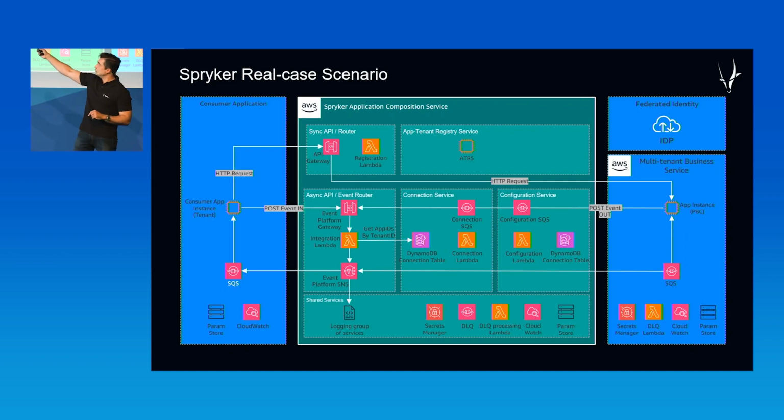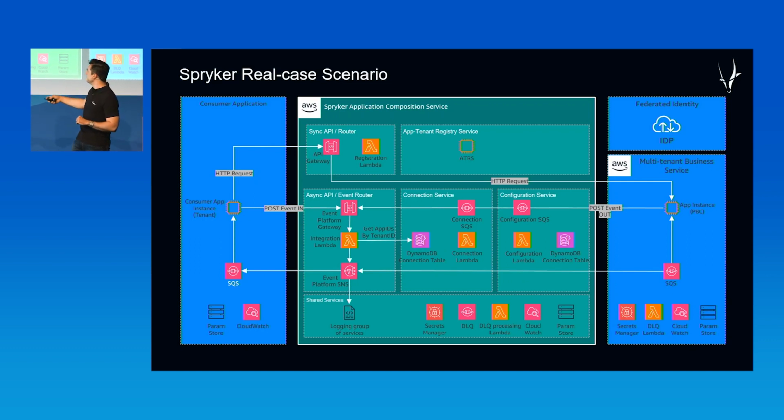So on the left side, you can find the consumer application, a custom application built on top of the composition platform and consuming APIs. On the right side, there is a multi-tenant SaaS application that provides the business capabilities and APIs. And in the center, you can find the composition platform itself. The composition platform breaks down into multiple subsystems, where you can find the already known sync API router and the asynchronous event